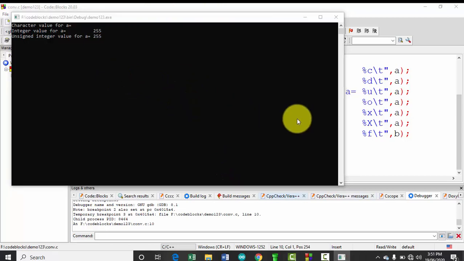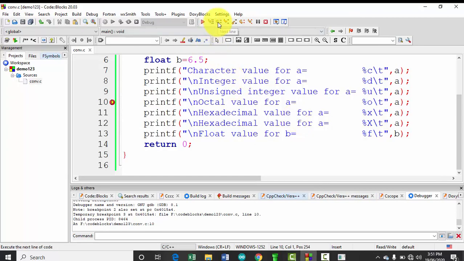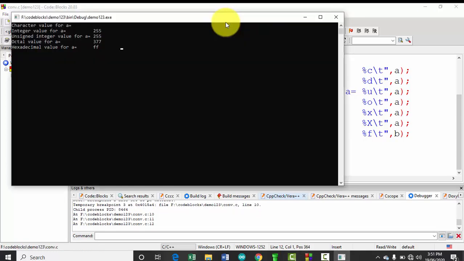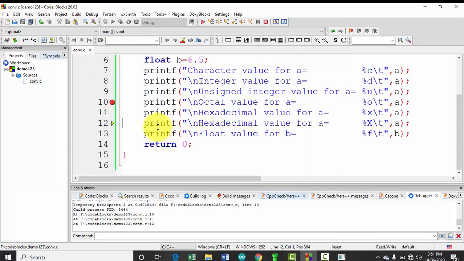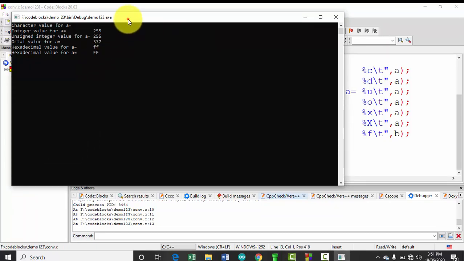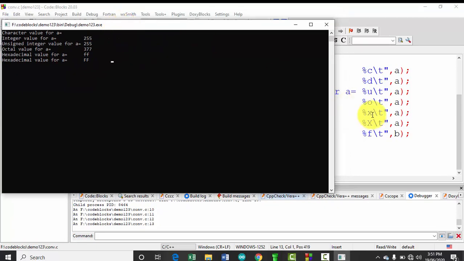Up to this we are getting the proper values, the octal value, and here for 255 we are getting FF as output. Now let us check this statement. This statement will now get executed, and these values get changed to capital. When we define the conversion specifier as a small x, the hex values are represented with small letters, whereas for capital X we are